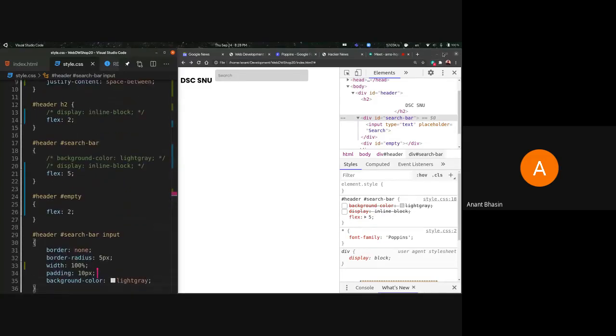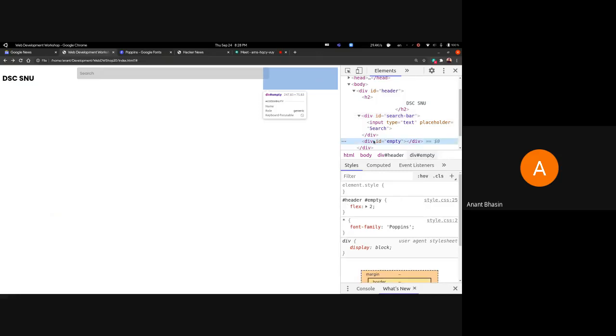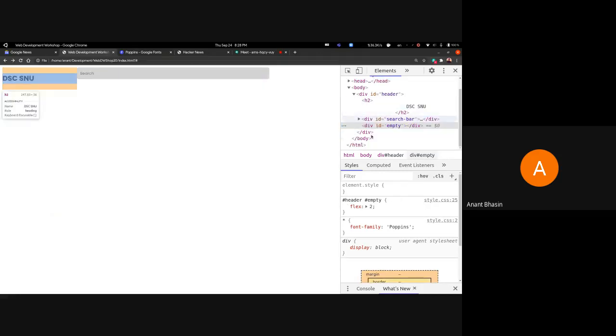It's actually not disproportionate in this sense because we don't have padding. I'll also explain how padding influences this stuff. But the H2 is 247 multiplied by 5 upon 2, and you'll get this 620 almost. And then the last one, which is empty, is also taking 247. So now we have all of them in ratio. And this is basically the layout we want, the ratio-wise layout we want for the header.